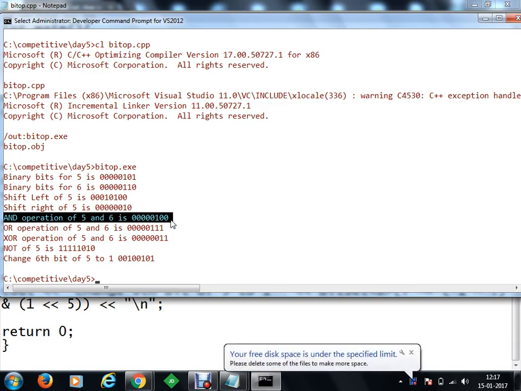Okay, so what we actually take: we take the IP address of the client and the IP address of the server, along with the client's subnet mask. A subnet mask is a value which defines the number of network bits in the IP address. So we will perform an AND operation on the client IP address and the subnet mask, and on the server's IP address and my subnet mask.